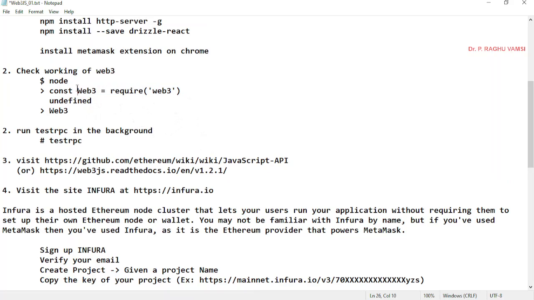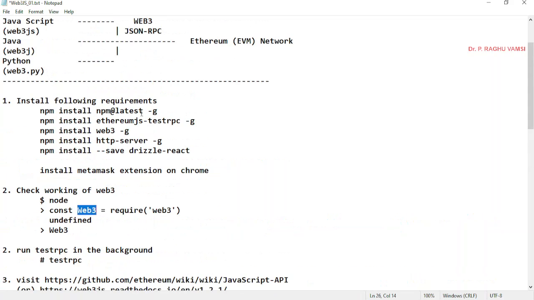But from this instance we are supposed to connect to the local chain. How will we connect to the local chain? Whenever you run this, we got localhost:8545, this kind of URL. So we need to connect to the localhost URL.